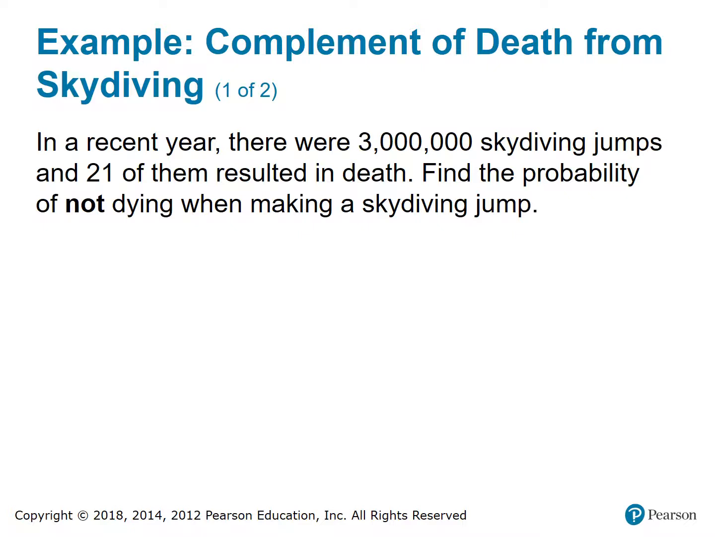Okay. Returning to the skydiving example. Again, we had 21 of them resulting in death. We want to find the probability of not dying when making a skydiving jump. So it was 0.45, if I recall correctly, was the probability of dying. But to find the probability of the complement, and I'll match the book's bar notation, although it's not my favorite notation for this,